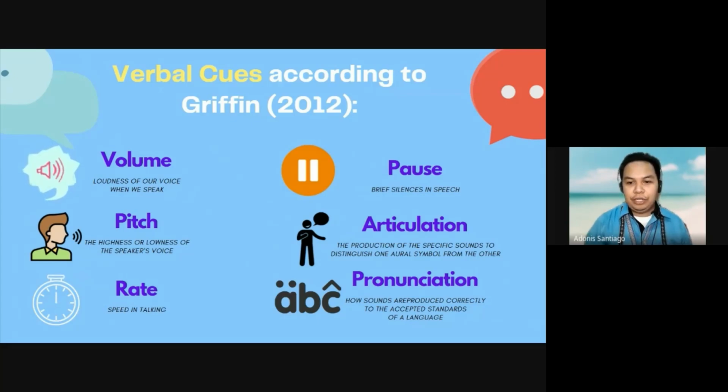Moving forward, we have the pauses. These are brief silences in speech. Whenever we encounter a comma in a phrase or in a context or in an essay, pauses are very much important for us. Next is the articulation. This is the production of the specific sounds to distinguish one oral symbol from the other. Now, when we say articulation, it can be specified as the proper saying of the sounds,